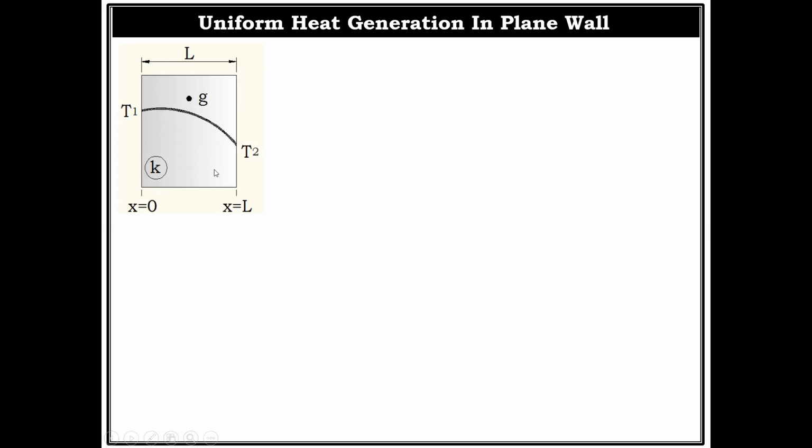In such a condition, we are assuming that we start calculating the thickness of the wall from the left hand face, where x equals 0, and as we move through the thickness of our slab, x increases and reaches x equals L. So the starting point is our left hand face for measuring this thickness L.